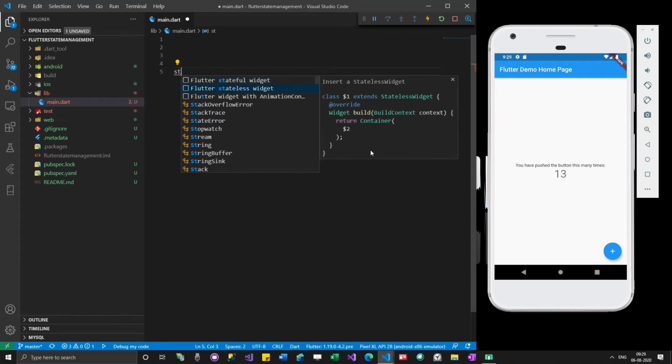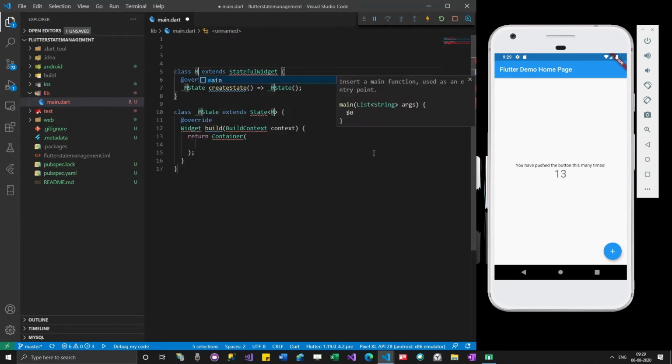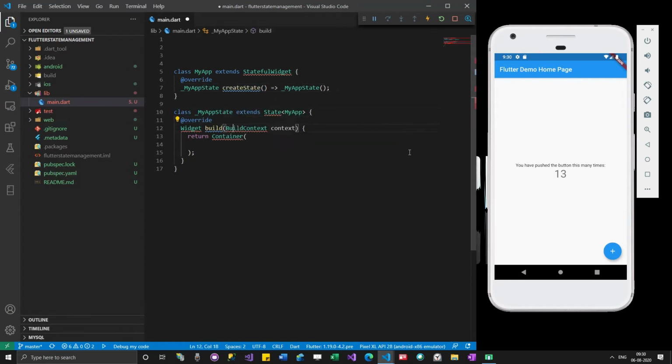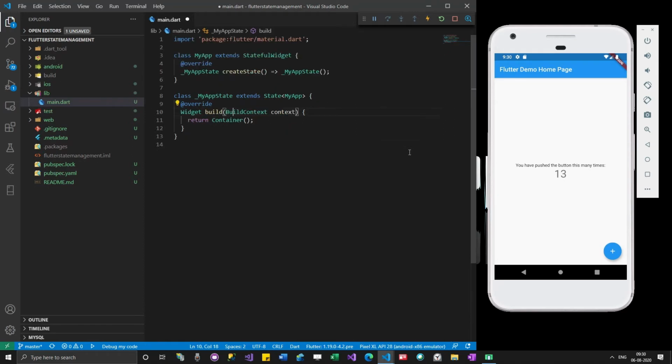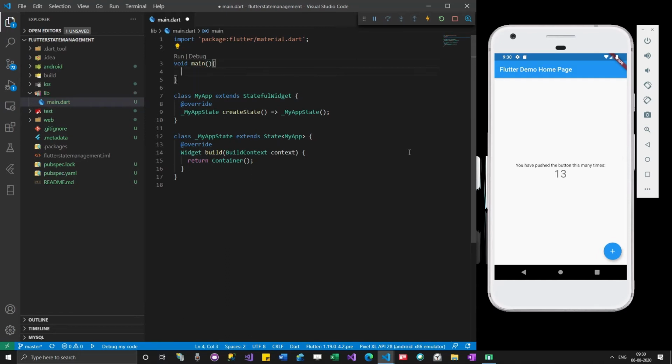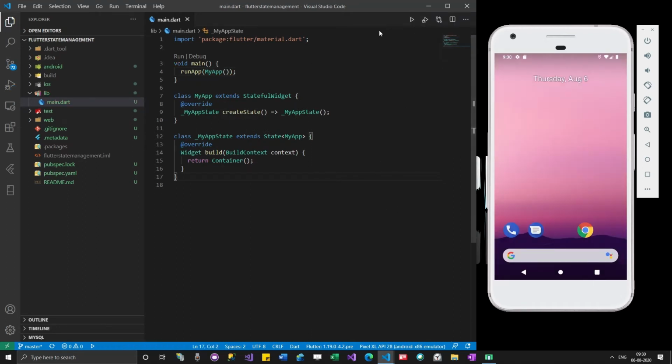I'm going to type st and then select stateful widget, and I'm going to name it MyApp. Then I'm going to resolve the issues. Okay, this is not an issue. So let's see if this app will run or not now.